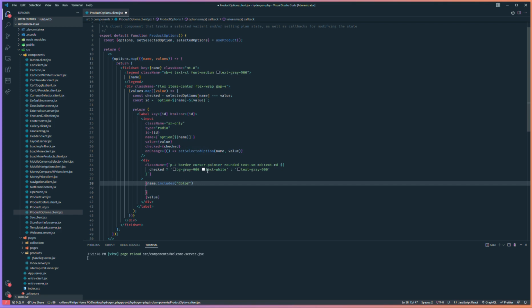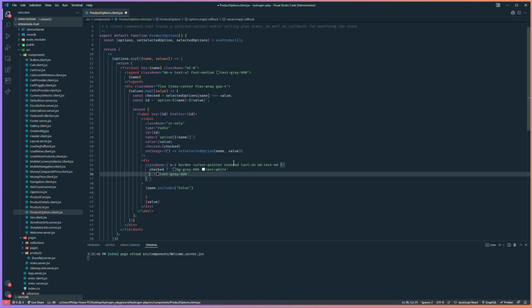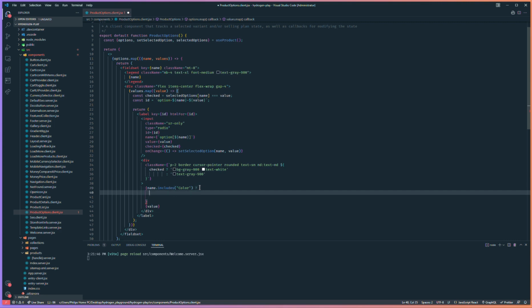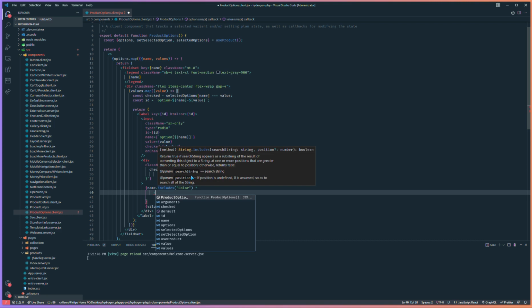And by the way, I like to write my conditionals like this so that we see checked, is it checked? Then this, if not, then this. So I'm going to go to the next line for this. If the name includes color, then we're going to